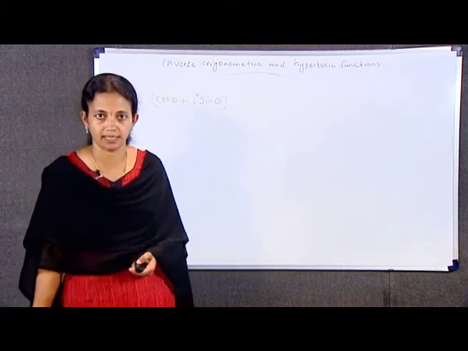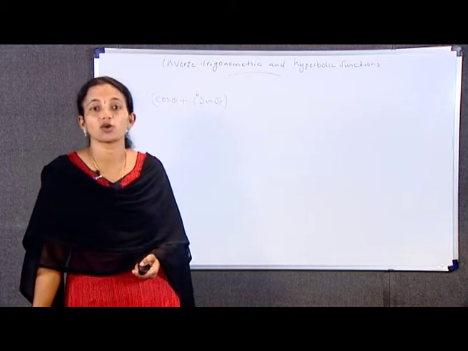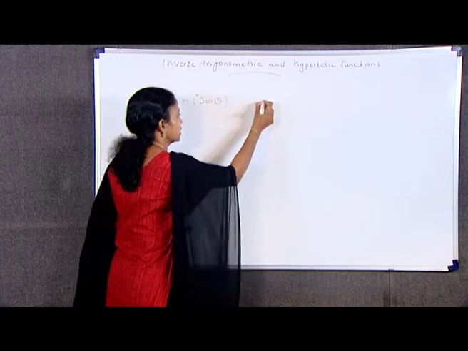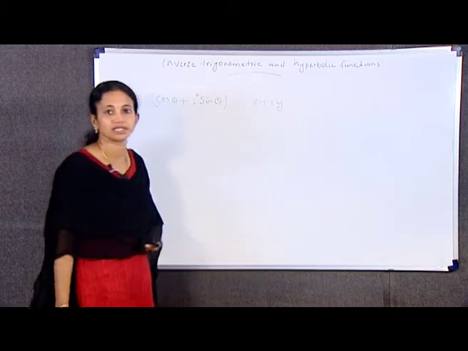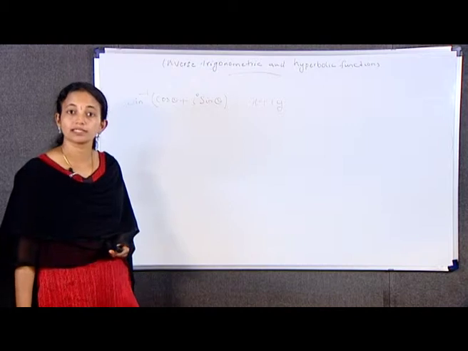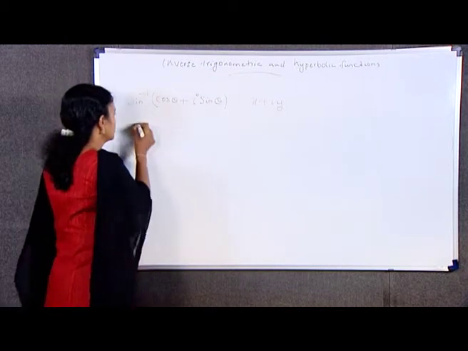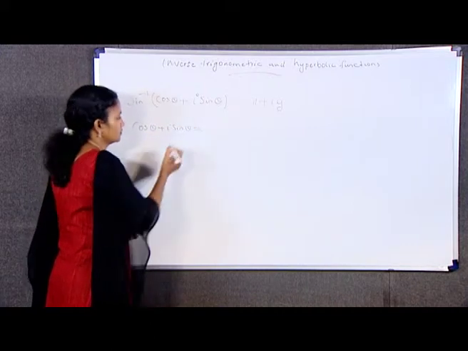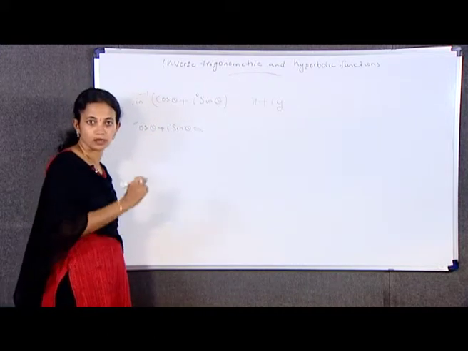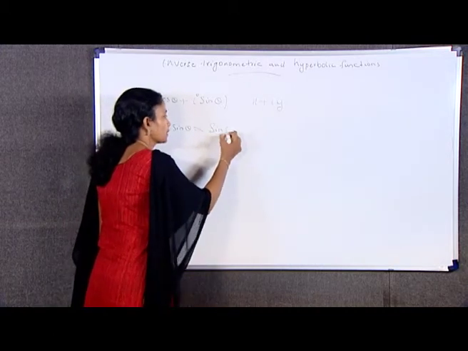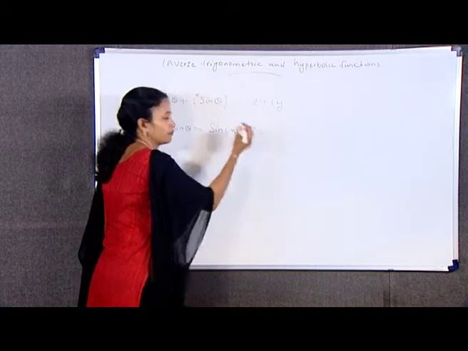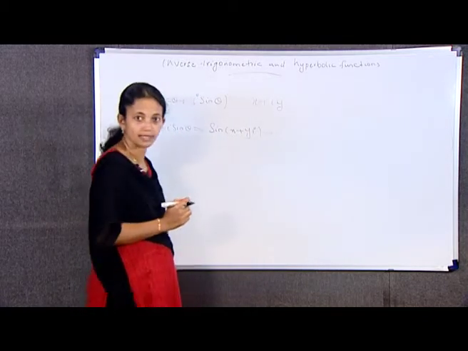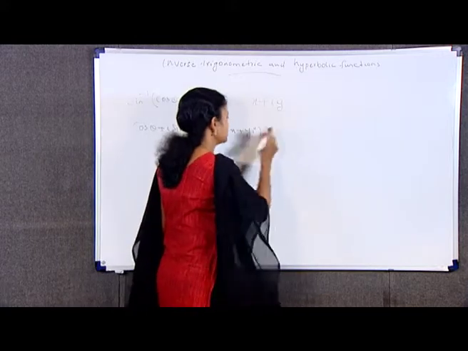Here theta is real. Let sin inverse of cos theta plus i sin theta be x plus iy. So that cos theta plus i sin theta is equal to sin of x plus iy, which we can expand as sin x cos iy